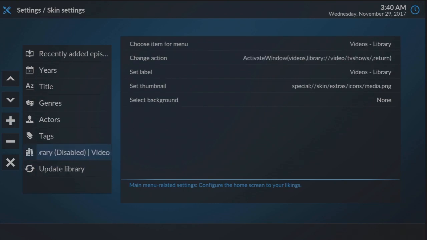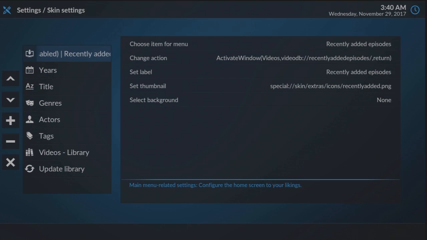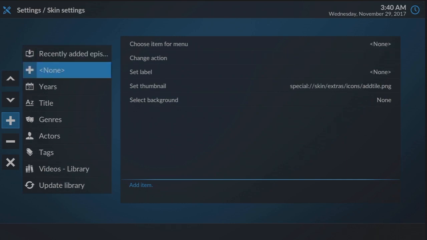So what we're going to do now is create our own custom submenu item. How we do that is you can put the cursor to highlight wherever you want here in this list. We're going to go left one time, and instead of clicking the minus sign, we're going to click the plus sign, which is adding an item. All right, so it inserts the word none. So now you have that highlighted. Go to the right,